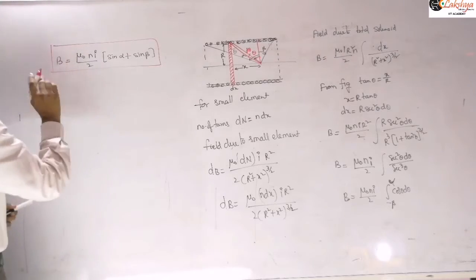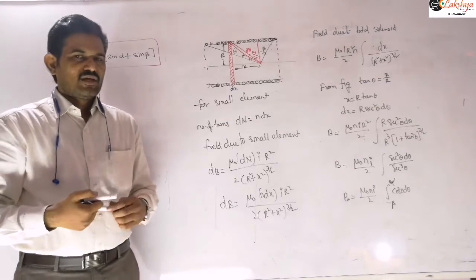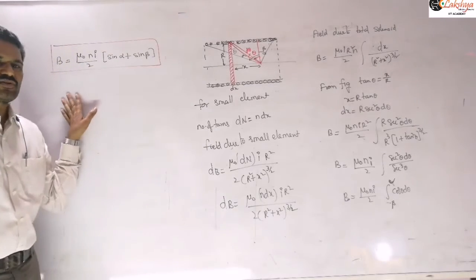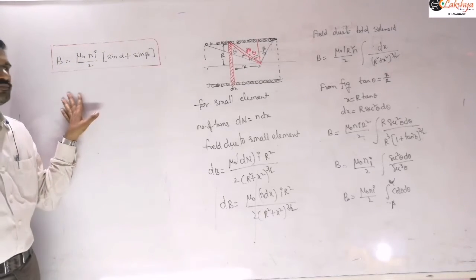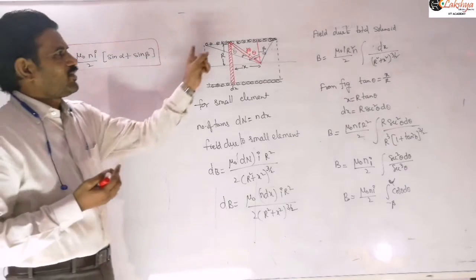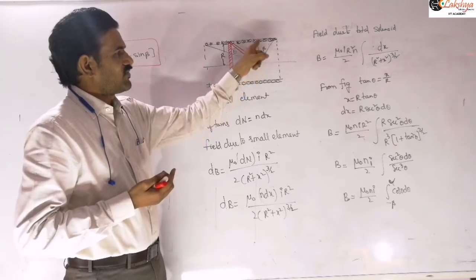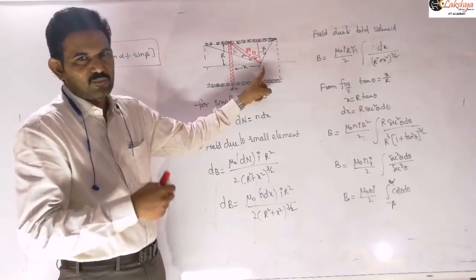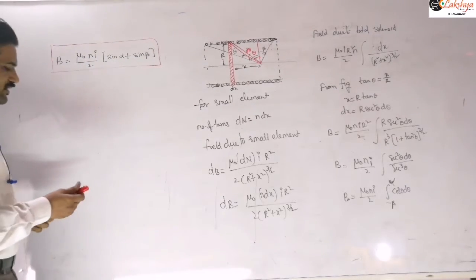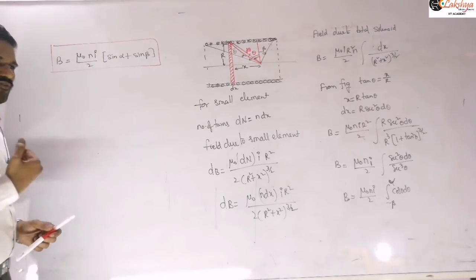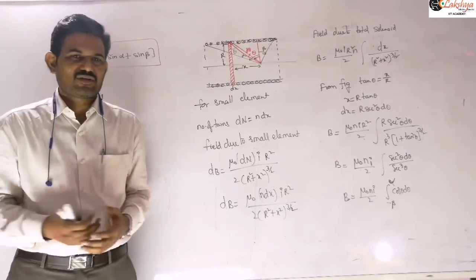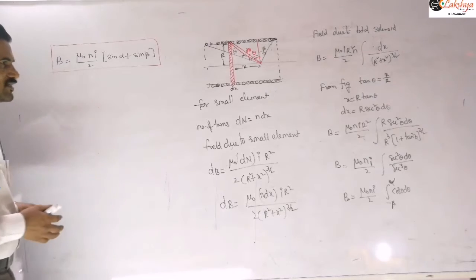So here we consider it as a finite length only, right? And now regarding the solenoid, like our finite wire, you need to remember this expression. This is the magnetic field due to the solenoid of finite length, where alpha and beta are the angles made by the lines drawn from the ends with the radius at that point, the point where you need to find the magnetic field. Now different cases will be there, like our finite length wire. After deriving the expression for the finite length, we discussed the different cases. So here also we can discuss different cases.